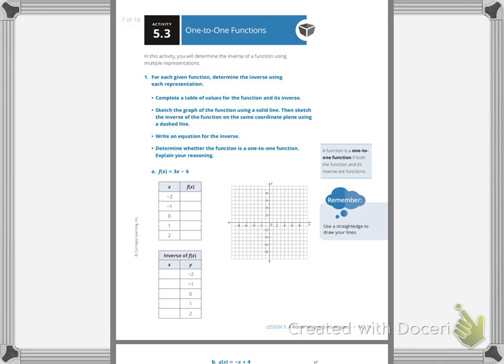In this activity, you will determine the inverse of a function using multiple representations. For each given function, determine the inverse using its representations. Complete a table of values for the function and its inverse. You're going to sketch the graph on the coordinate plane. You're going to write the equation for the inverse and determine whether the function is 1-to-1 and explain your reasoning. So we need to know what 1-to-1 is. A function is a 1-to-1 function if both the function and its inverse are functions. So it needs to pass my vertical line test,